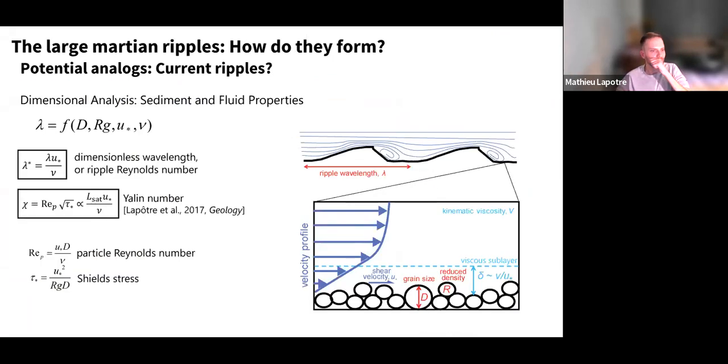So gravity, actually, you don't see it in the equation here, but it's encapsulated in the particle Reynolds number and in the saturation length. So gravity is going to affect not only the length, but also the height of the hops, the saltation trajectories, which in turn is going to affect the saturation length of the transport. So again, the distance over which sediment capacity is reached. And so gravity does come into play in that parameter here in the Yalin number.